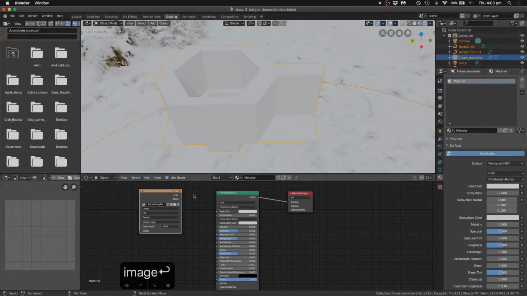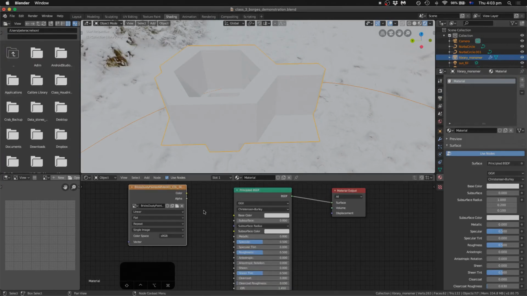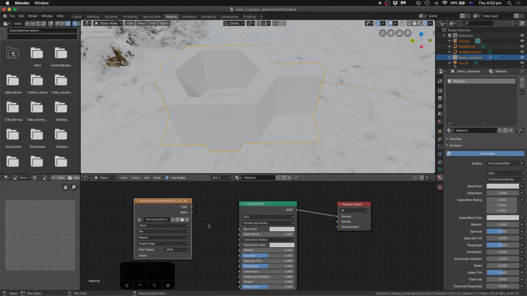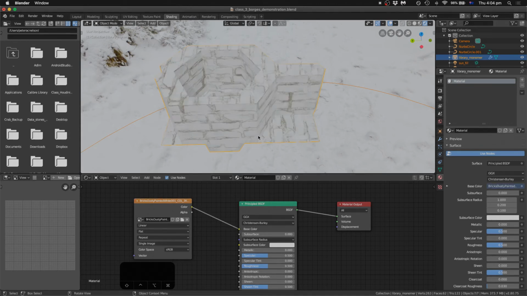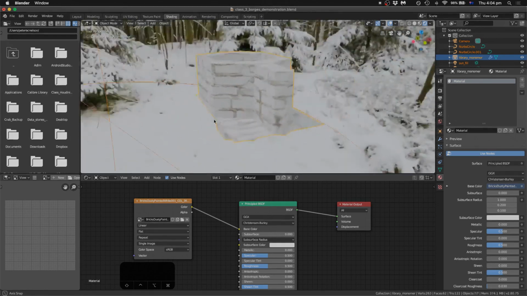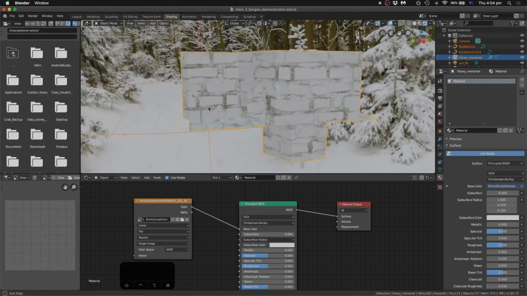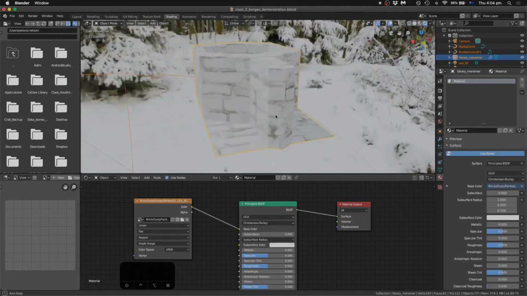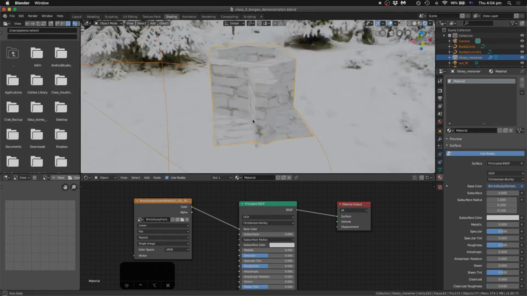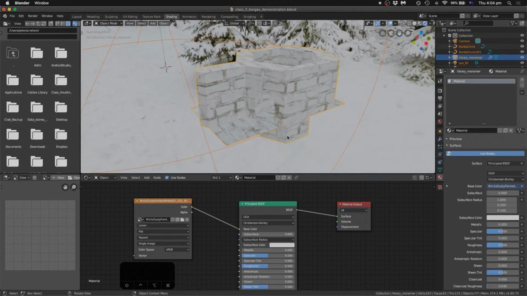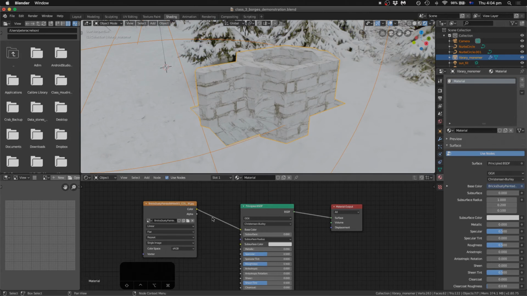But okay, I'll open that image, and before I change the scale of how the image is mapped, I'll just connect the color directly here to the base color. And okay, so we've got our bricks on there, happy days, but gosh, they're big bricks. They're huge. So instead, I'm going to change the scale that our texture is applied